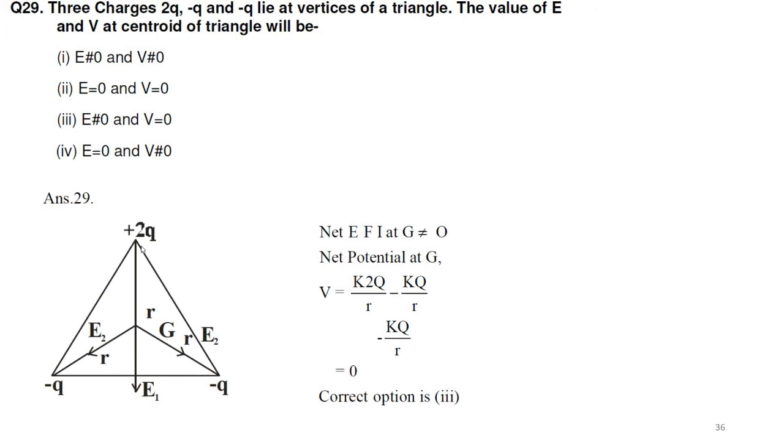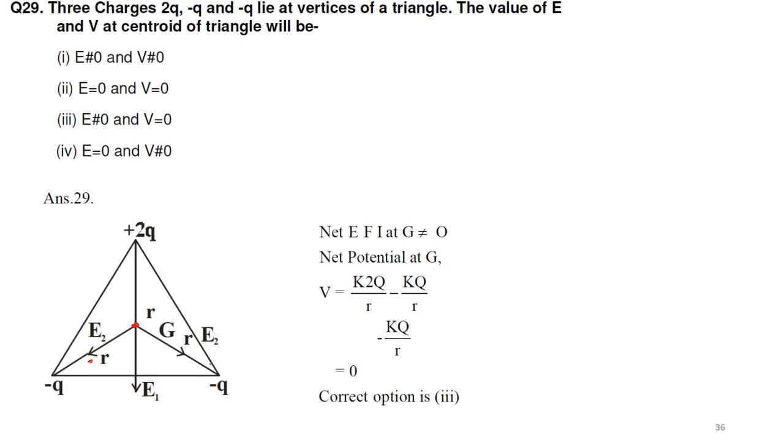This is the triangle. Let's say this is the centroid. Right. So centroid is here. This is centroid. Electric field at the centroid due to all the 3 charges. First we will see what happens. Electric field at centroid due to this minus q will be like this, towards this minus q. Always electric field at a point will be towards the negative source charge.